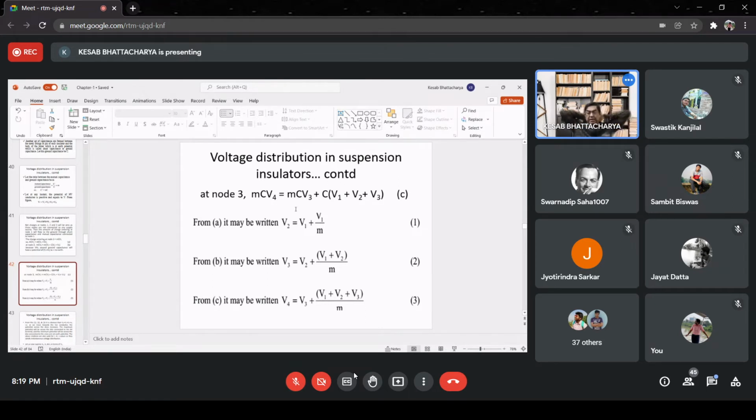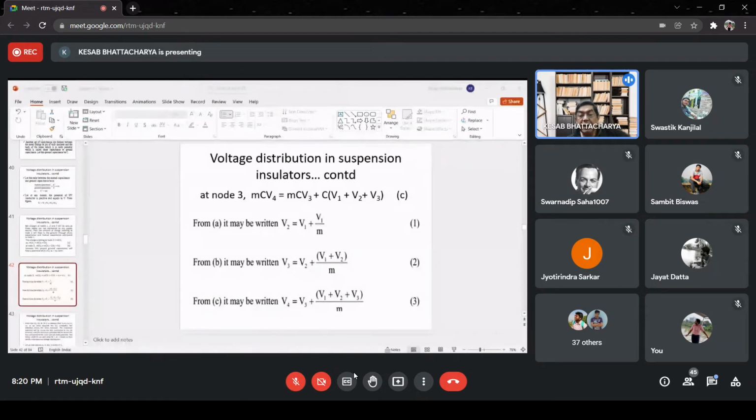I think there is no confusion up to this. Up to equation 3, is there any question or confusion? Please tell me. Is there any query up to equation 3? Is there any question? No, sir. Okay. Then